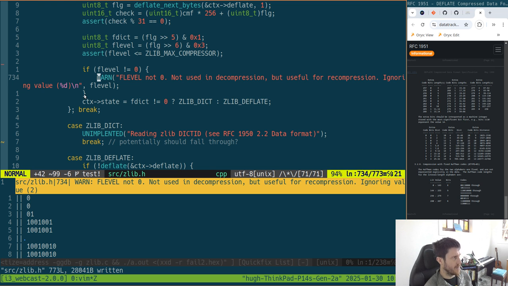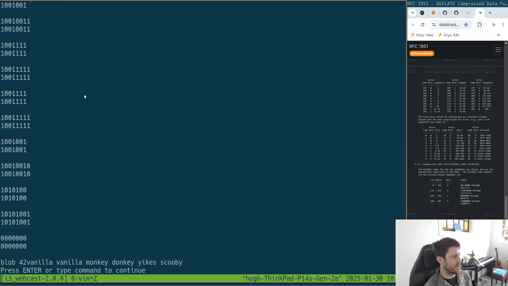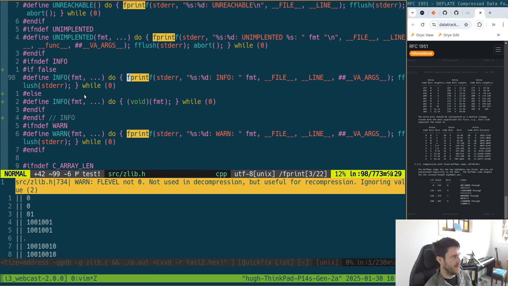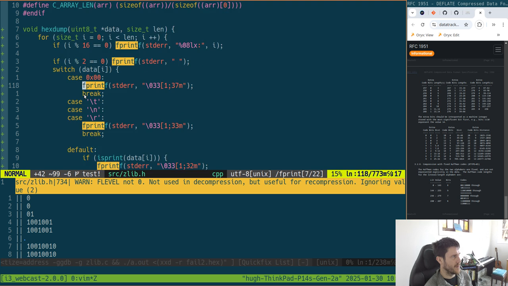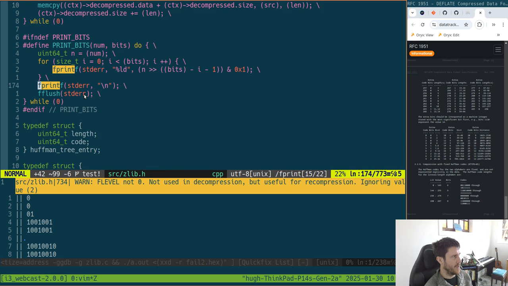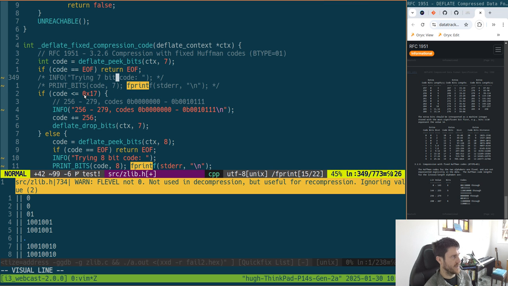I don't know why we're... What's printing out all the things? If printf, and we do it in the hex dump, and print bits. Yeah, so the print bits, I think,